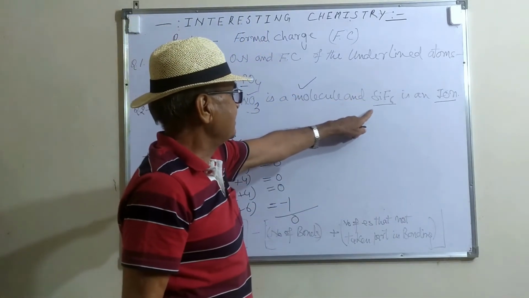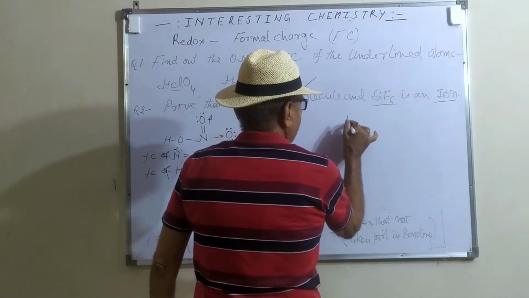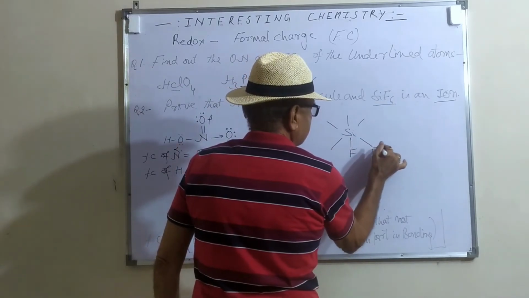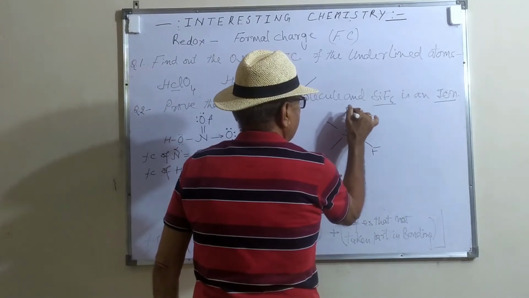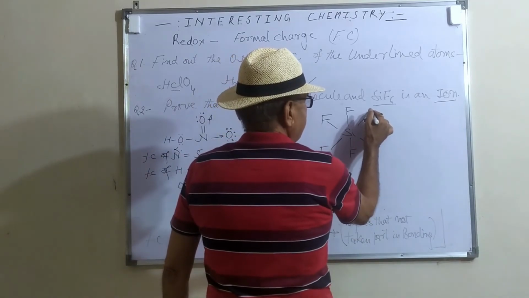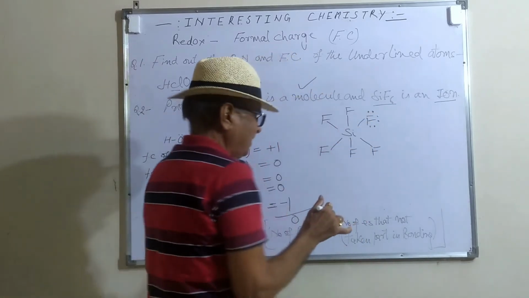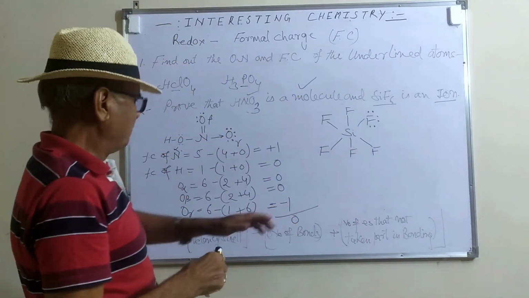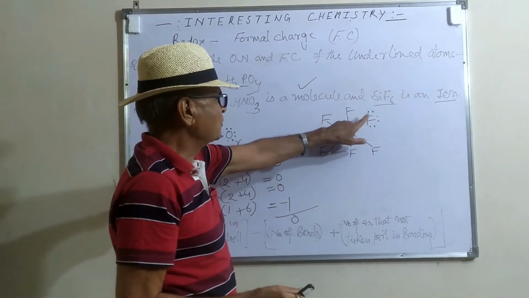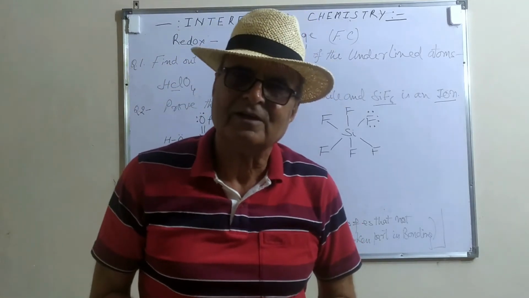Now come to the SiF6. This is the structure of SiF6. Fluorine has 7 electrons in its outermost orbital of the valency shell, and 1 electron has been utilized in the bonding. So this is the account of the 7 electrons of the fluorine. Now